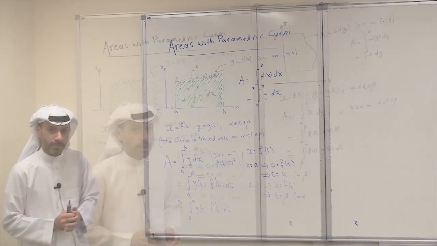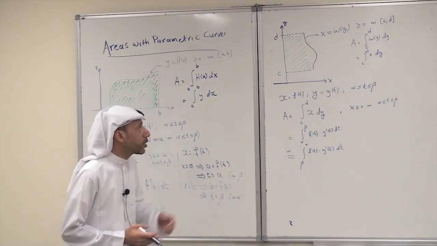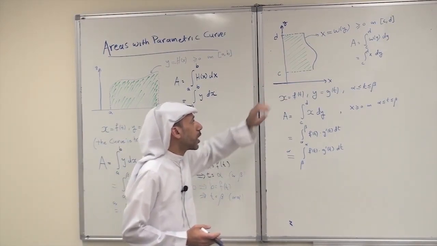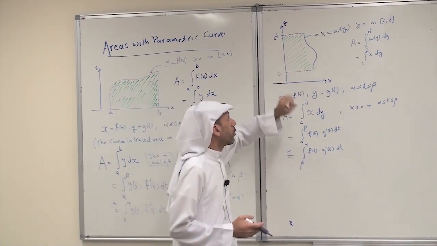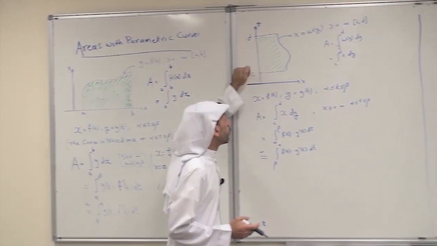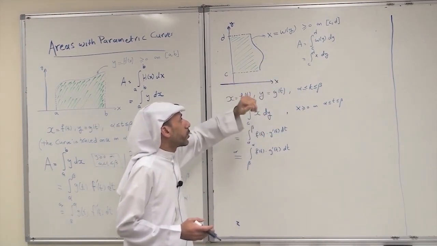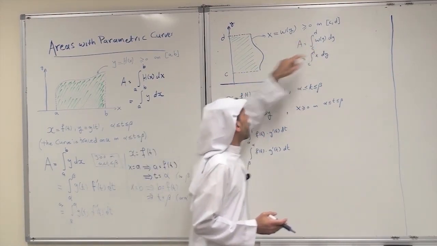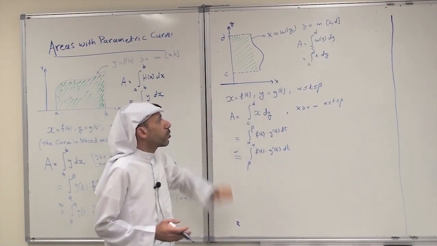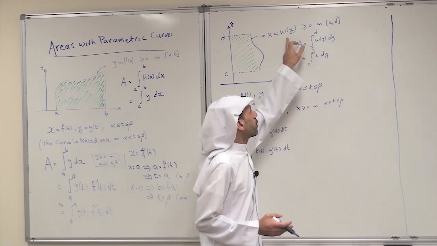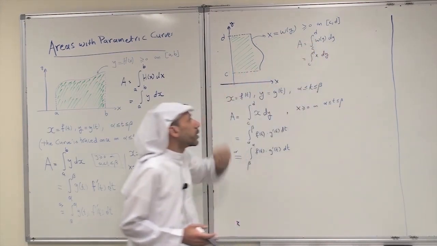That's it. In a similar way, if the region is on the y-axis, so again, like Math 102, you have this basic region between the interval CD on the y-axis and the curve x equals w of y, under the assumption that y is positive on the interval CD. From Math 102, the area is just the integral of w of y dy from c to d,